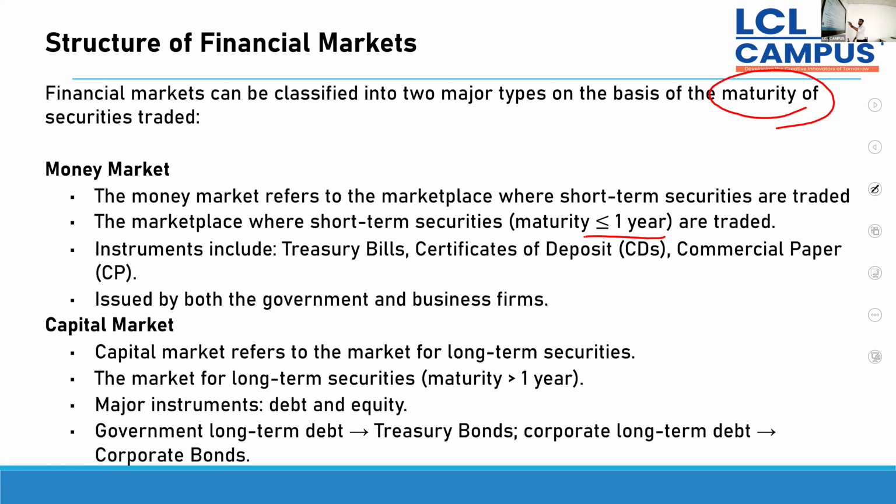It includes treasury bills. Who issues these treasury bills? Government. If the government has short-term fund needs, they issue treasury bills. What is the specialty of these treasury bills? Very good. For the treasury bills, you don't have interest. You only get the gain. Let's say its par value is 100. Government issues it for 90. Clear?